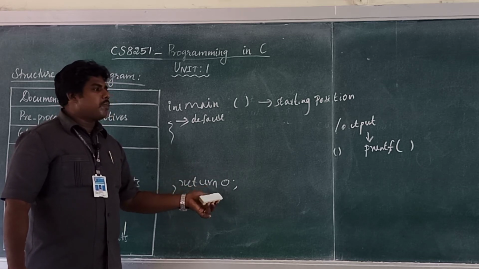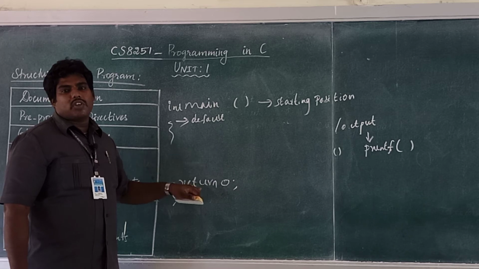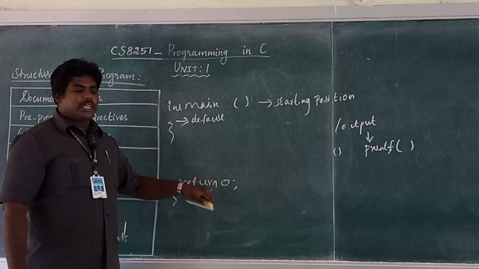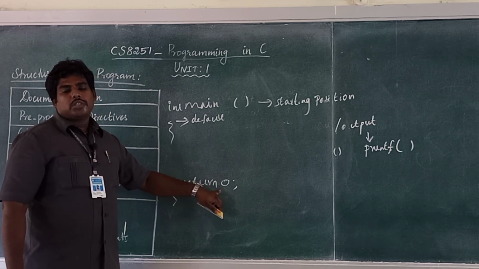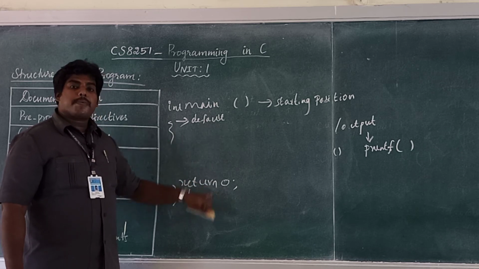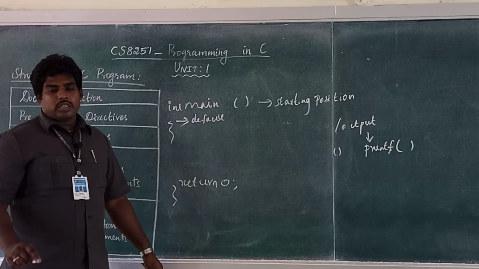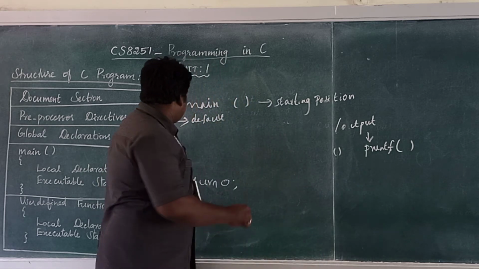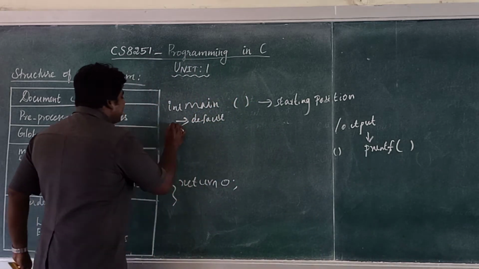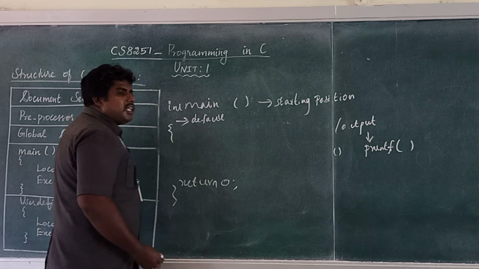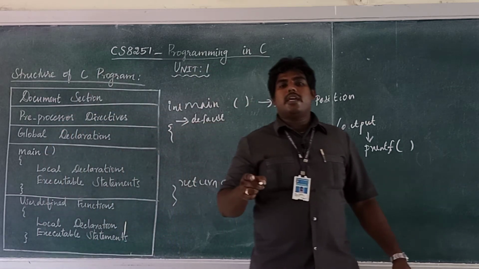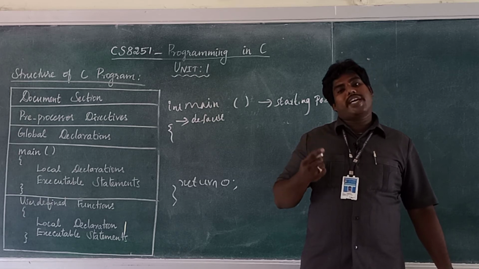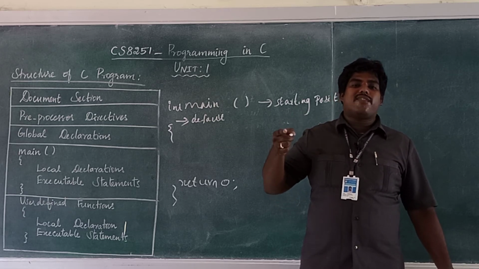Why we are using 0 is that once the program is successfully completed, one instruction will be given to the operating system. It will return 0 to the operating system, so that the operating system understands the program has been successfully completed. Okay. So in the main program, there is a curly brace. What's the meaning of this curly brace? The curly brace denotes the scope of the function and of the variables, where it starts and where it ends.